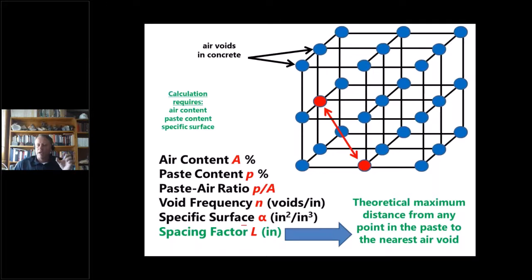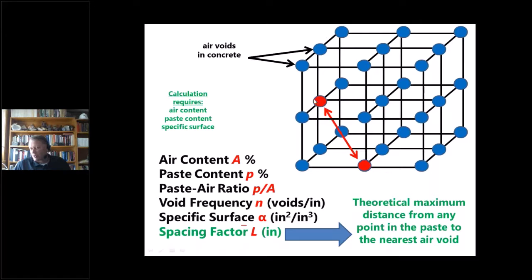Basically, what's the maximum theoretical distance that you have to travel from any point to get to another air void? To visualize this, I've given a very simplistic example here, which is a cubic lattice work of voids. Imagine the blue spheres are air voids, arranged in a cubic pattern. If you imagine the maximum distance between any two voids in this array, it would